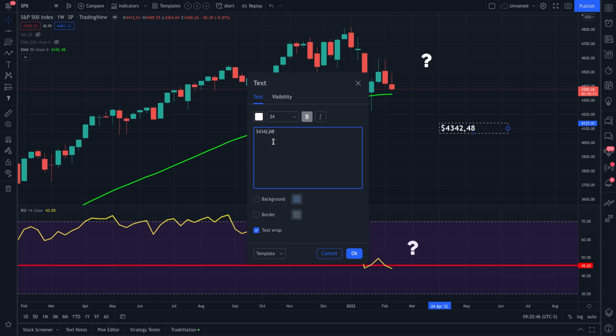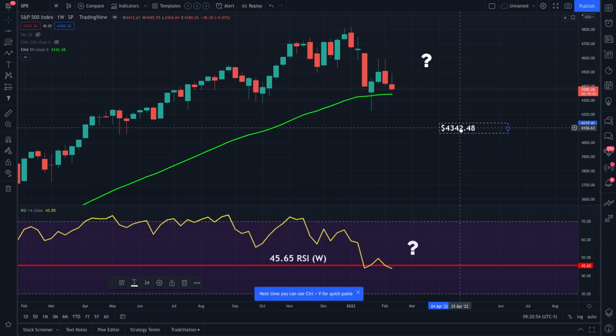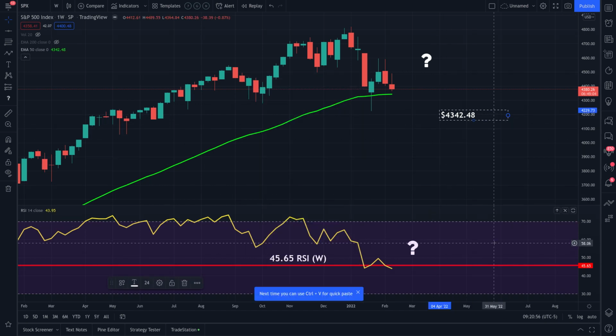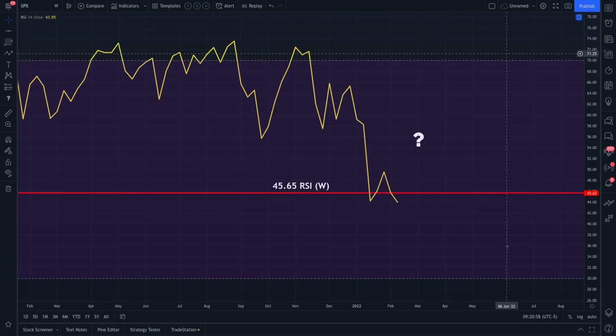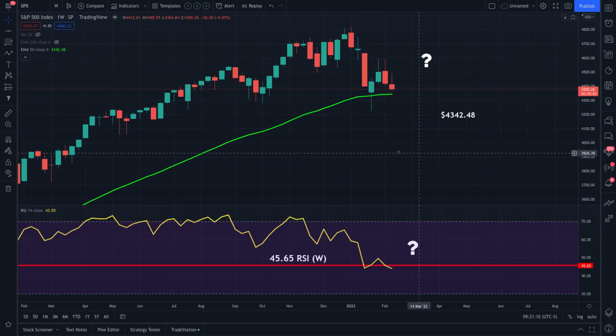which tends to act as support and resistance as well. You can use moving averages as support and resistance as well. All right, that is the level for today. Now, simultaneously, and naturally this will also happen as a result of the price closing below the 50 exponential, because right now the RSI is already below the 45.65 level on the weekly RSI. So in that case, we'd have to change these white check marks into an official red check